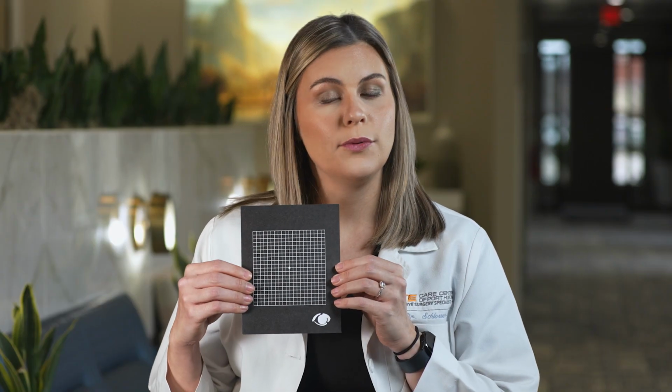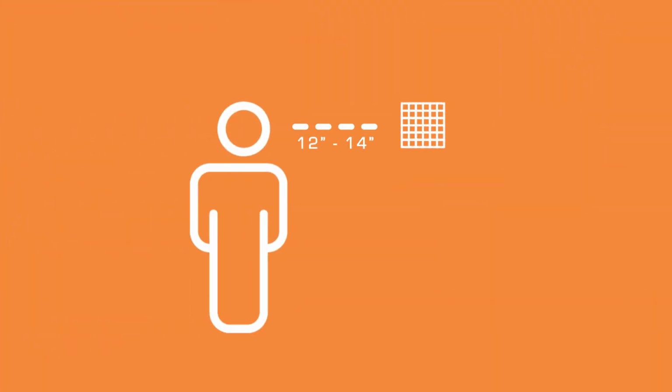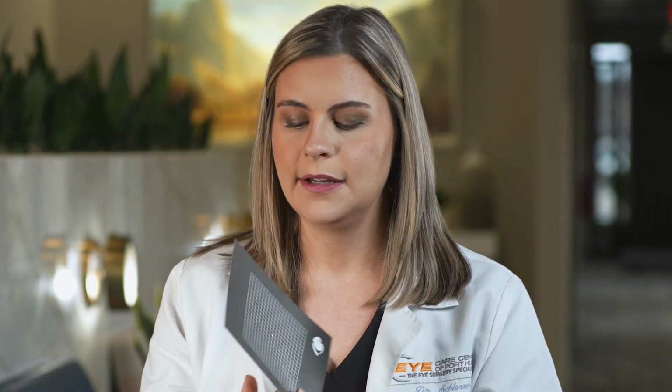So how can you monitor for this? We typically hand patients a grid that's called an Amsler grid, and it's a really great tool to monitor your vision for changes at home. What you'll do with this is you're going to wear your glasses that you typically would have on to read or see up close. Hold that card about 12 to 14 inches away from yourself and cover one eye either with your hand or kind of wink it shut, looking right at that little white dot in the center, and